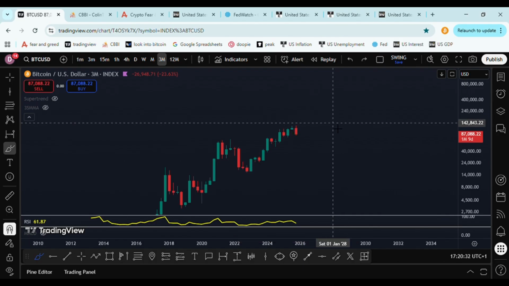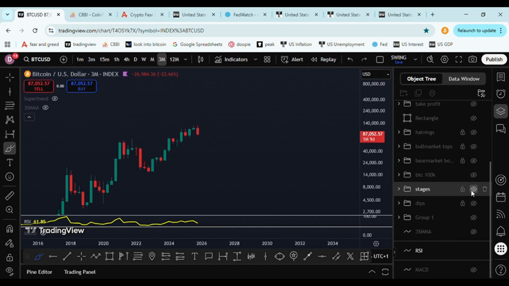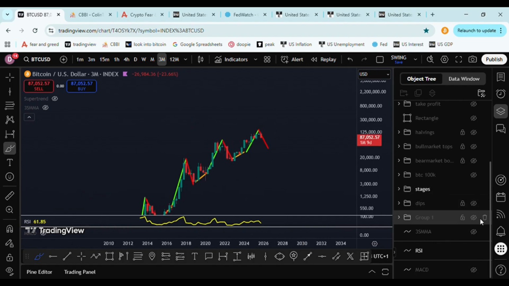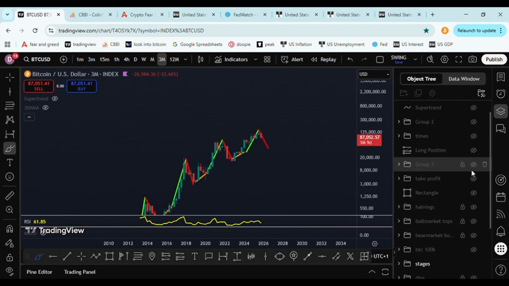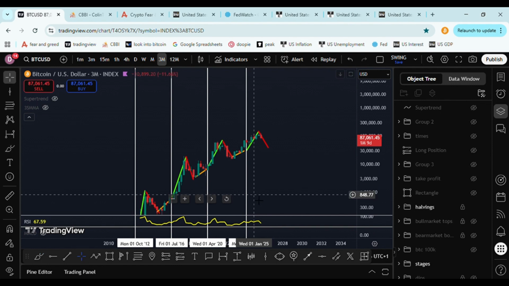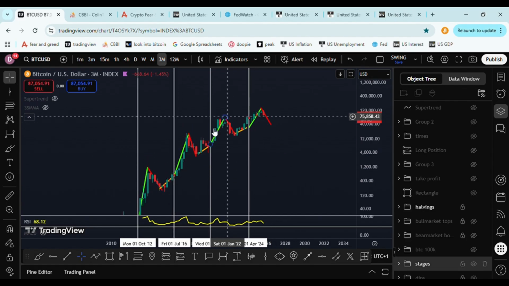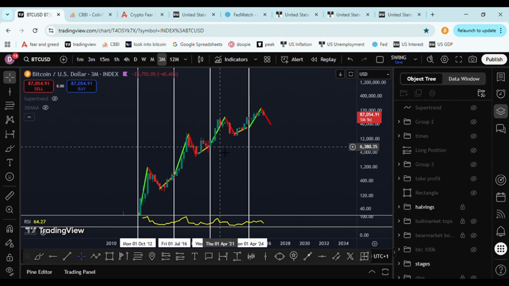quarters after that. On the other hand, timing wise, with the stages that I've drawn in based on the halvings, like this 4-year cycle, maybe that's still valid, where we see the bull market, bear market, and then a quiet phase leading up to the next halving. This looks to be still true.